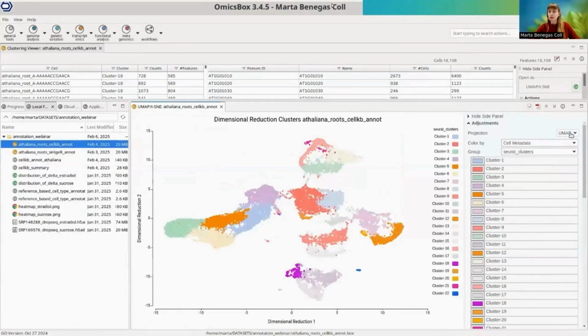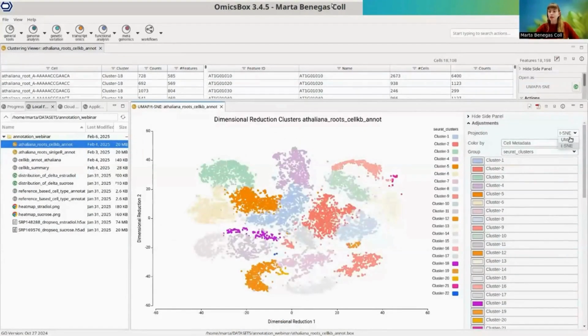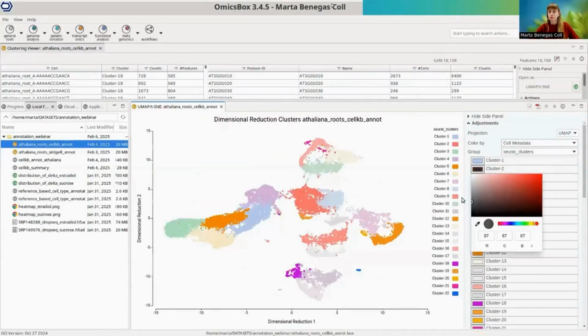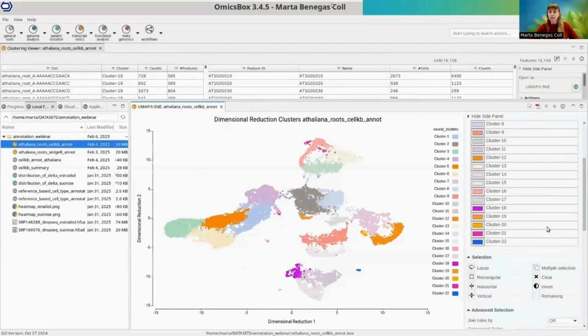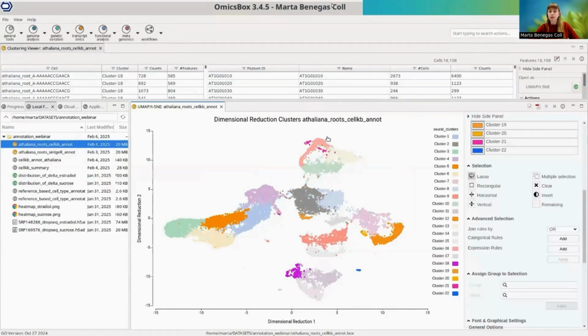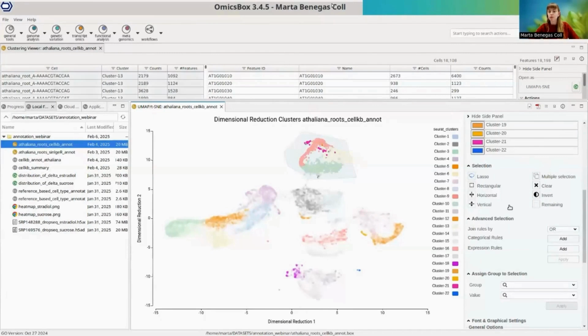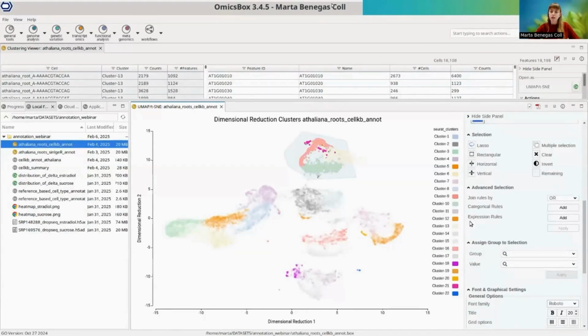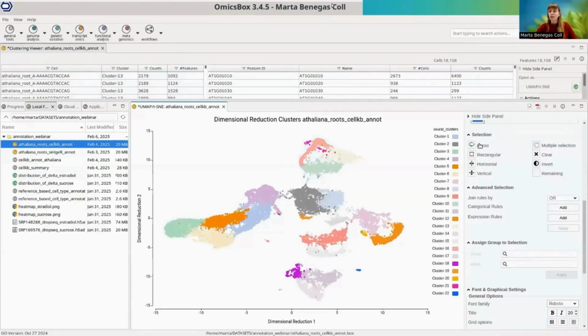The projection can be changed here, and we can also change some colors. The viewer is interactive in the sense that we can select cells with the lasso or the other tools, or by adding some categorical or gene expression rules. And we can add those selections to custom groups. Okay, but at this stage, we only have cluster labels, and we would like to see which cell types are available